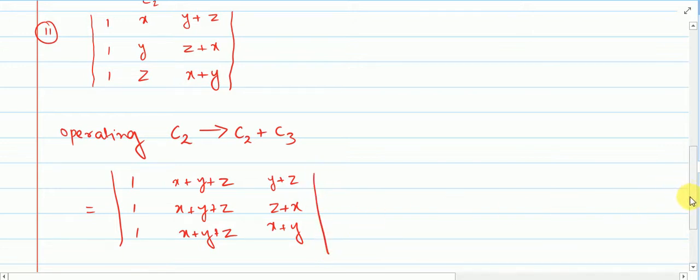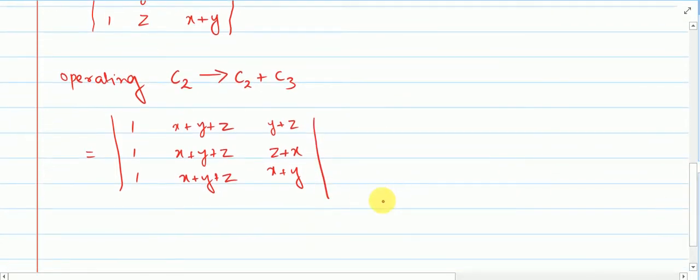So as I said, maybe just looking at the determinant you will see nothing is common in any row or column, but adding something to any column or adding two rows or multiplying a row and then adding to some other row, or multiplying a column and then adding to something or subtracting, you will see that you may get something common. So here what happened, this second column has x plus y plus z common, so that comes out.